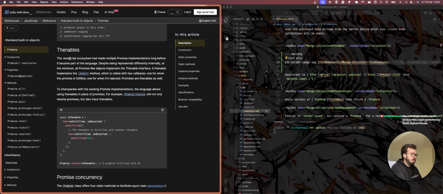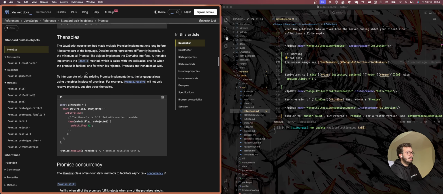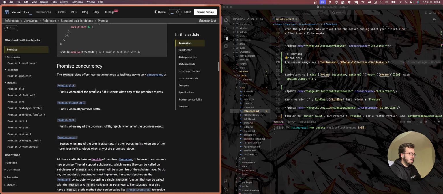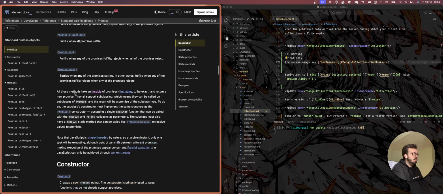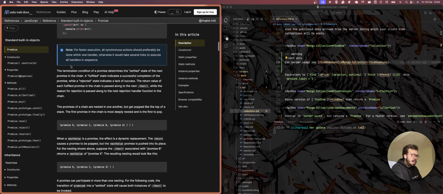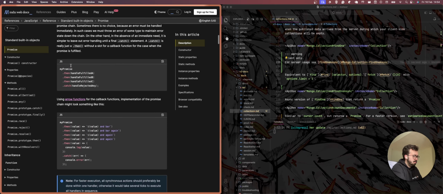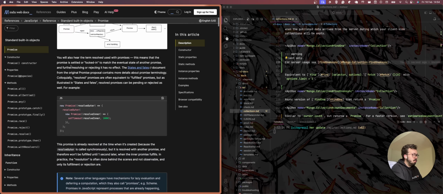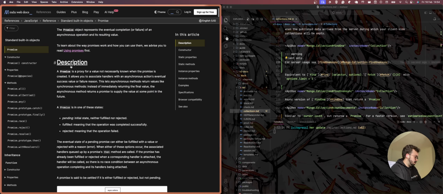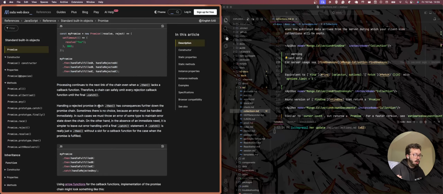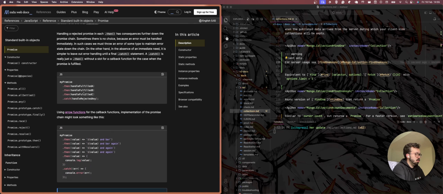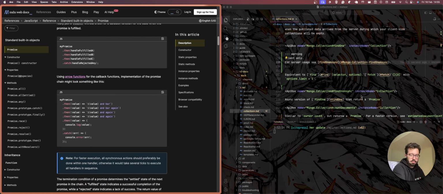It explains that before having promises, there were thenables, and there were packages and libraries that used thenables instead of promises, and it's really interesting. So yeah, I would recommend those. I sometimes use this as well to think about what a good example of a promise is, what a good doc is, and how to write it down, because these ones are really nice.